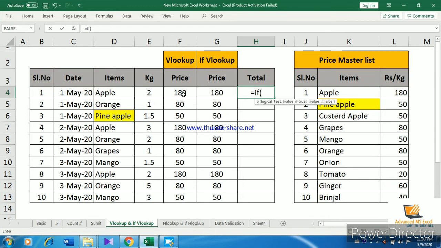Now we will put an IF function: if KG equals empty, comma, then this cell also will be empty. If that cell is not empty, then only multiply the KG with the price cell. That is the formula. Enter, and we can drag down to the bottom.